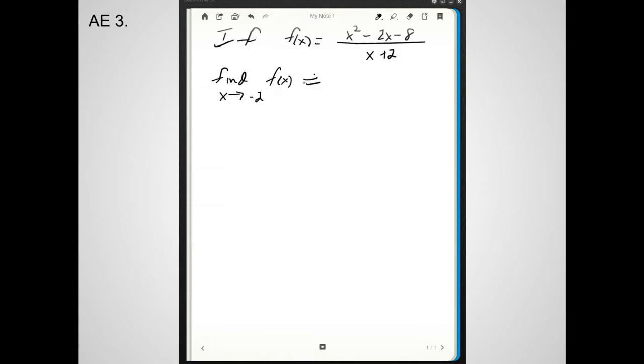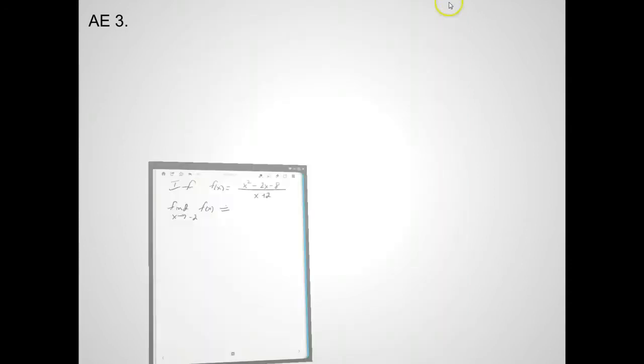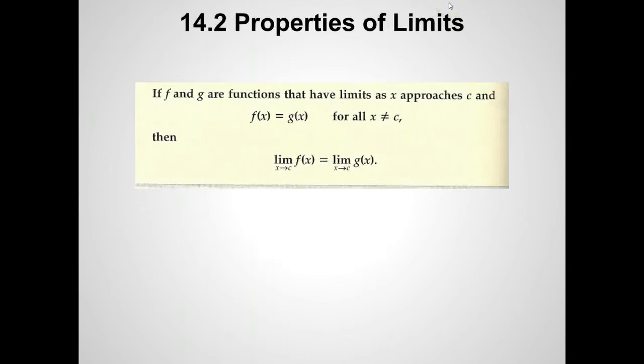What is it equal to? Well, you'll notice that when you plug in negative 2, you get 0 here, and you actually get 0 there. So f of negative 2 is not defined. It doesn't exist. On your calculator, you'd see an error there. So what we have to do in this case, and let me just minimize this for a moment, is look at this property here, which states that